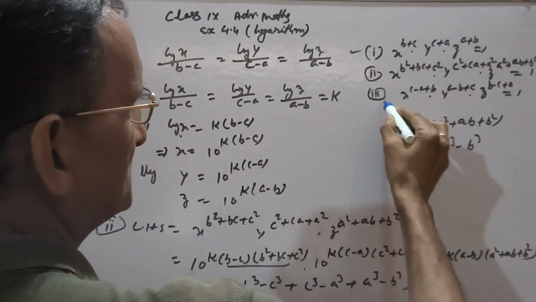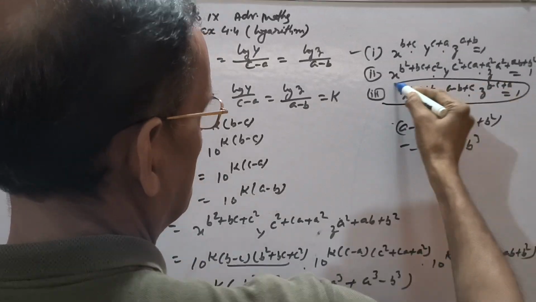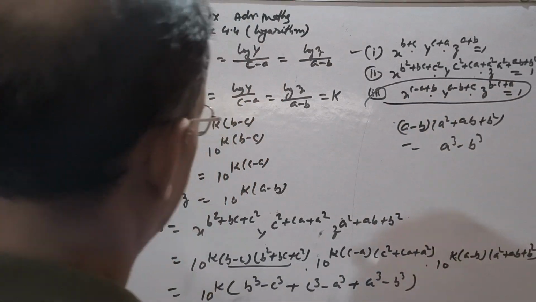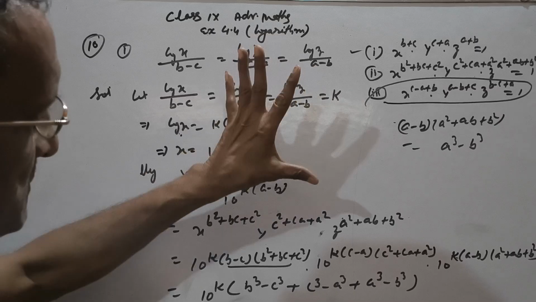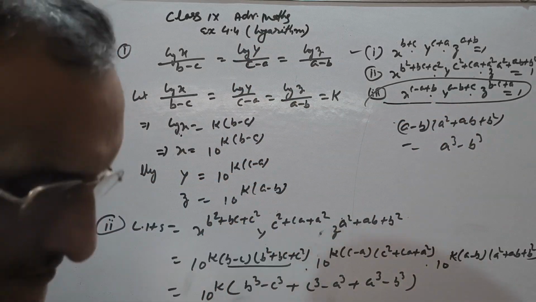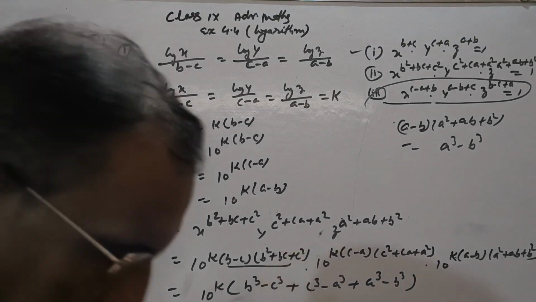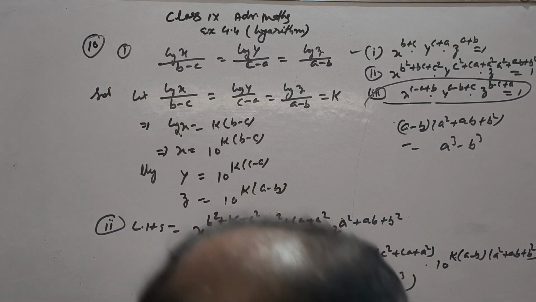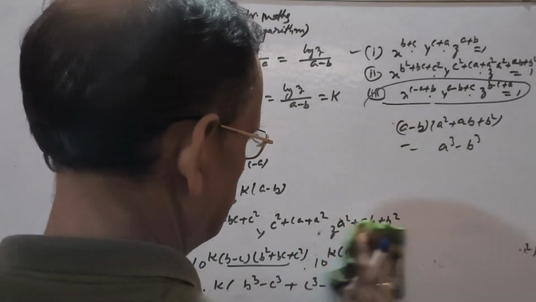Okay, that's simple. Number 3 you can do yourself. This I left for the exercise. This portion is the same for number 3 also, just take the left hand side, replace the values of x, y, and z, and you will get it. So you should do it yourself. Okay, now we will go to the next one.